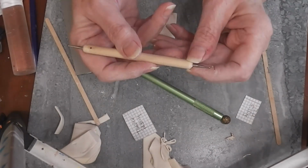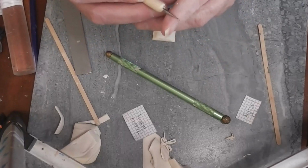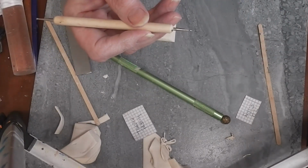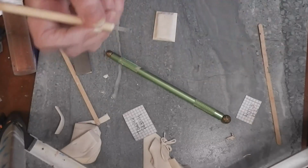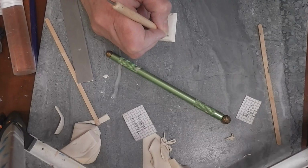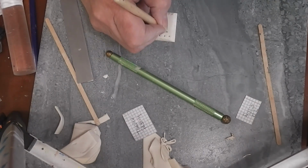I have a ball tool. I believe these were sold as nail art ball tools or dotting tools. This end has a very small, kind of halfway pointed end. You could use the end of a toothpick if you wanted to. You could use anything for this. I am going to go 1, 2, 3. Then